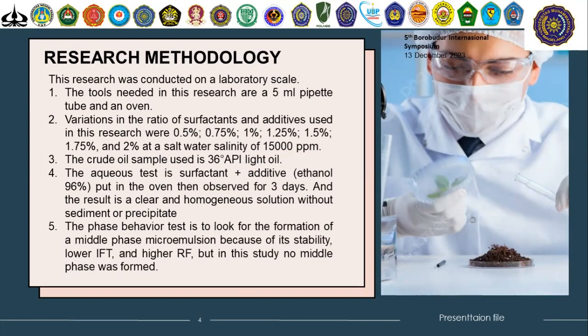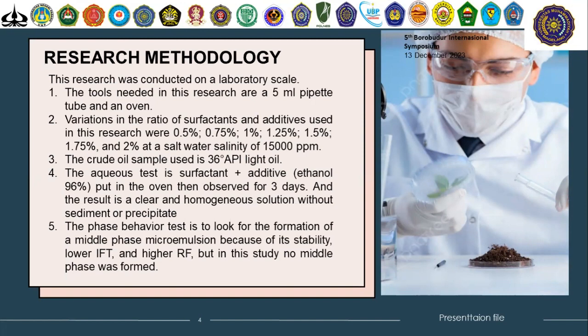Research methodology. This research was conducted on a laboratory scale. The tools needed in this research are a 5 milliliter pipette tube and an oven. The variation of the ratio of surfactant and additive used in this research were